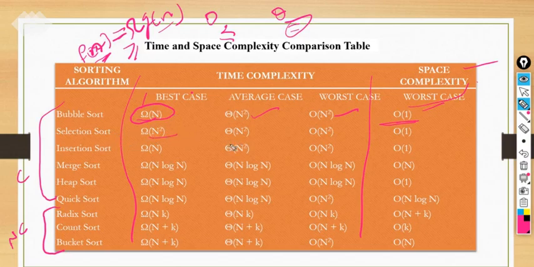Selection sort: omega n square, n square, n square, and 1. I hope we have covered all these things, but you should see the takeaways from here regarding the sorting algorithms. So big O means upper bound, everything should be less than or equal to that, and omega means lower bound, everything should be greater than or equal to this, right? I hope it is very clear to all of you. So these are the takeaways that you can see over here, right?